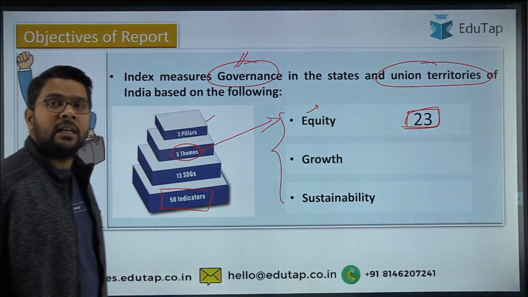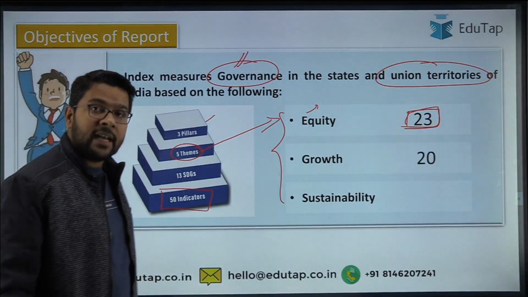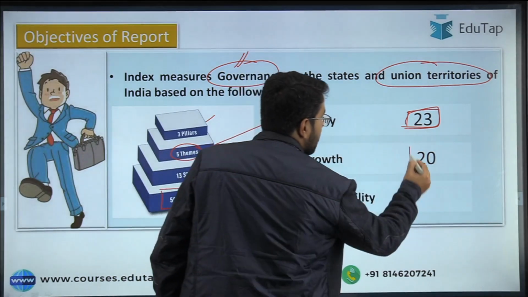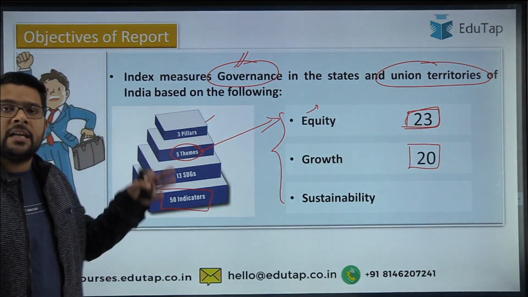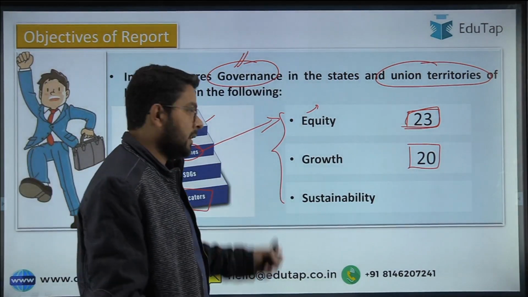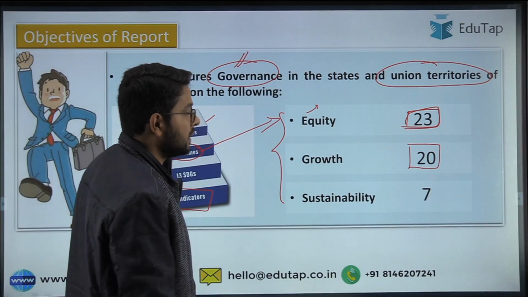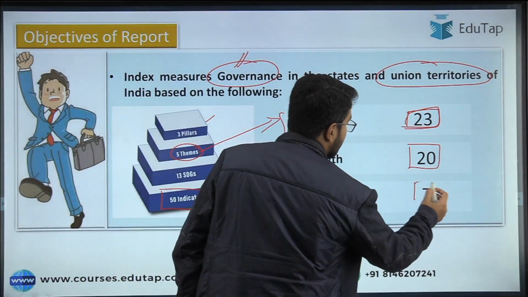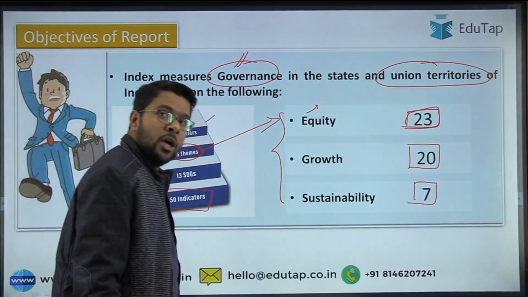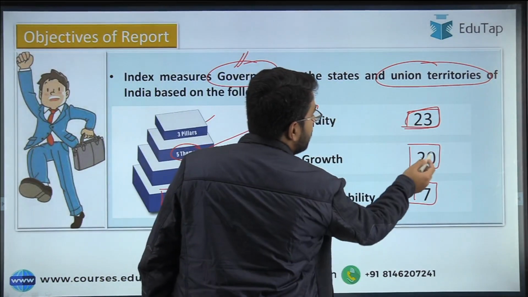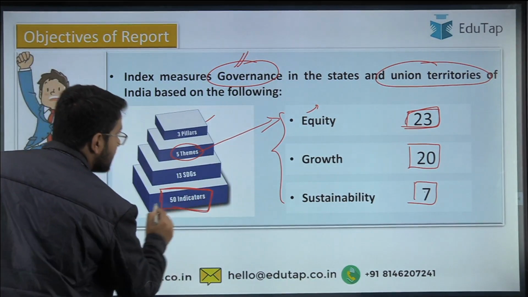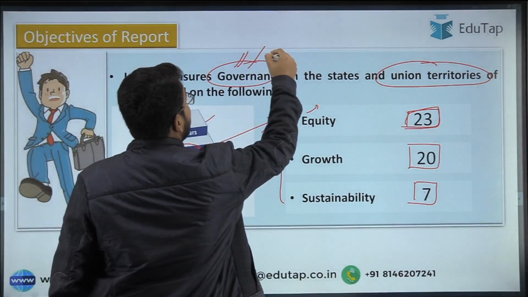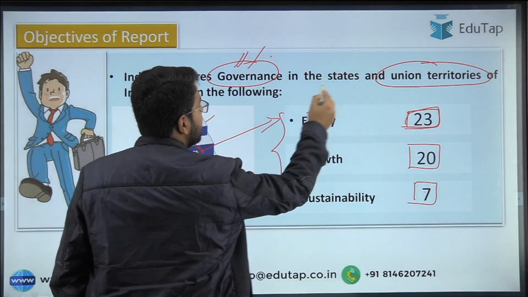Now there are 20 indicators under the growth pillar. So they are using 20 different indicators to measure the ranking of the state based on this growth pillar. And then they are using 7 separate indicators regarding the sustainability pillar. So guys, if you count these, 23 plus 20 plus 7 makes the count 50. So these are the 50 indicators on which the entire governance rank of states and union territories is prepared, based